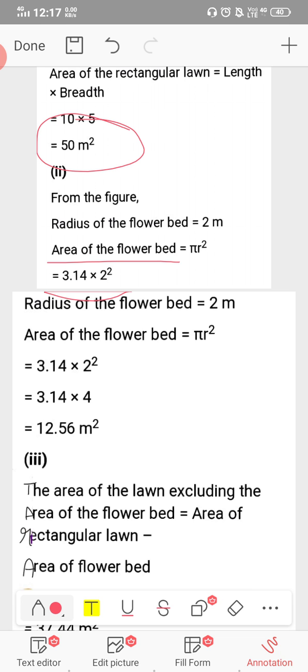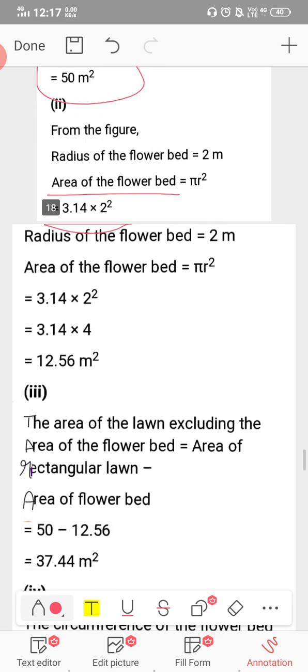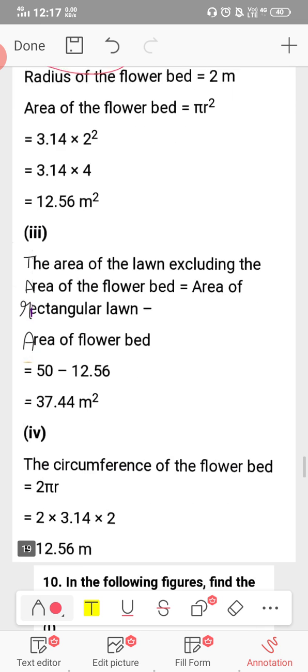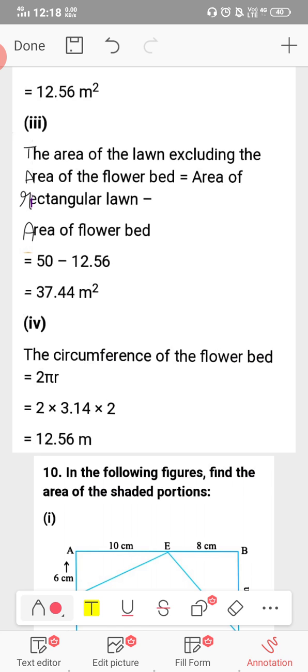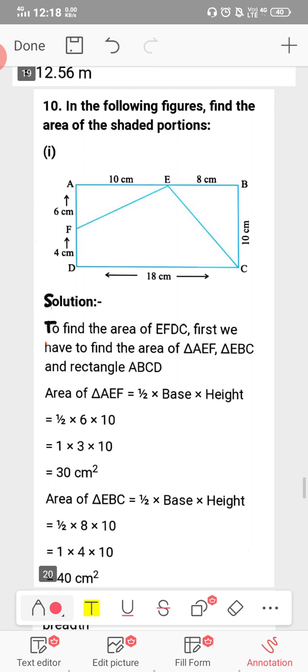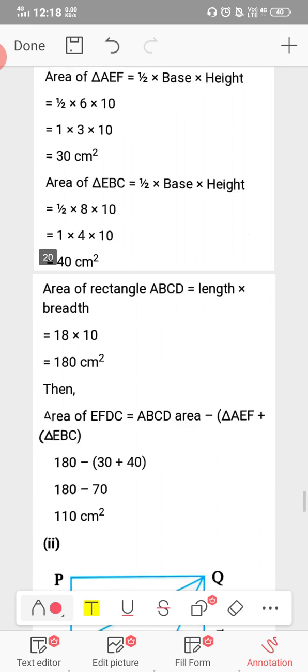Now the third part: the area of the lawn excluding the area of the flower bed will be equal to the area of the rectangular lawn minus the area of the flower bed, which is 50 minus 12.56, which gives us 37.44 meter square. Now the circumference of the flower bed will be equal to 2 pi r, that is 2 into 3.14 into 2, and the answer will be 12.56 meters. Moving on to the next question,